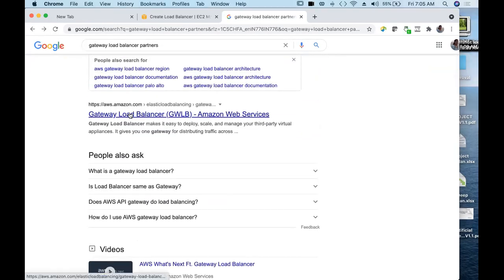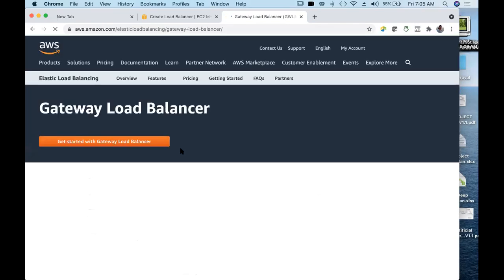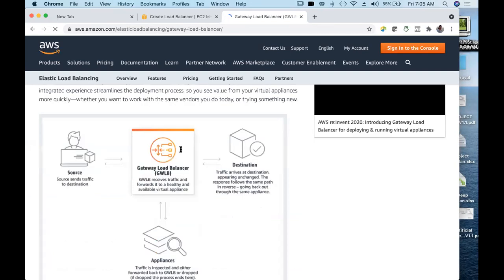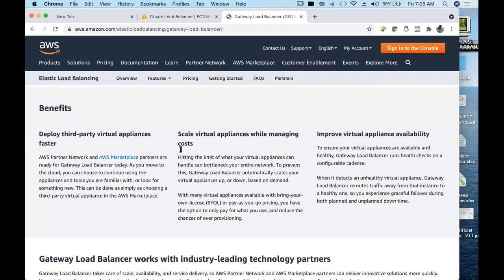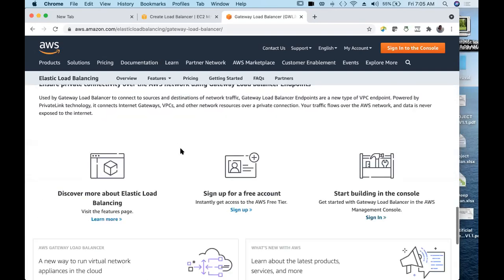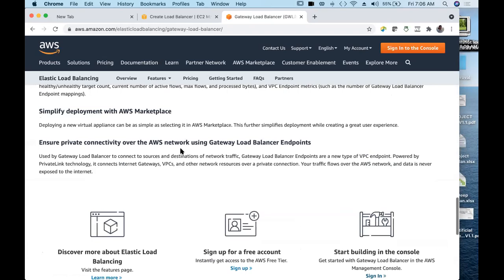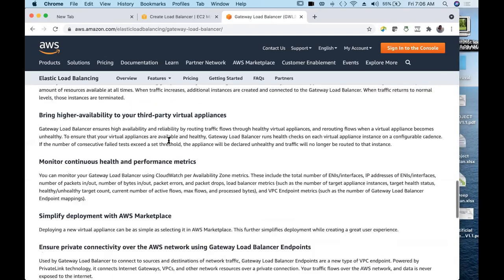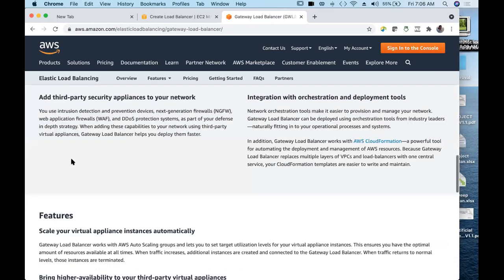Let's also check this. Can we find the list of partners? The best cloud formation. Yeah, find your partner here.